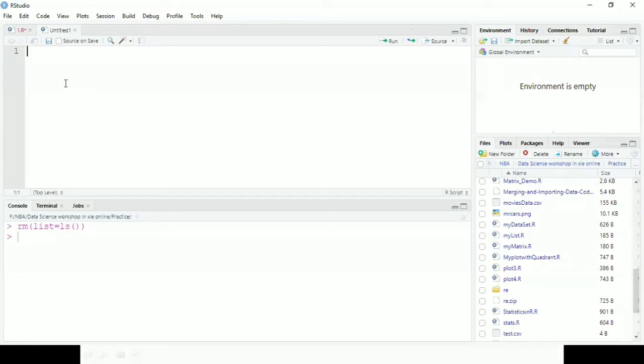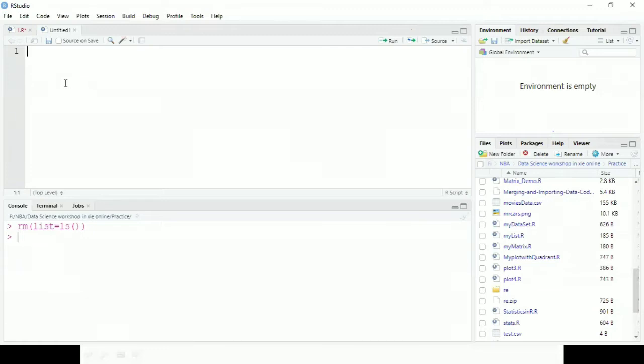Before starting, the most important thing you must know is how to set a working directory. For the entire workshop, I suggest you create one project folder.